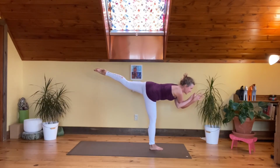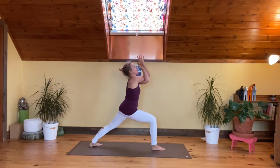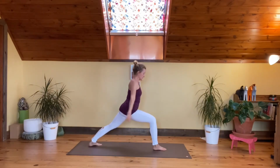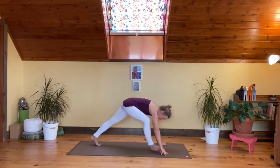And exhale, release, step it all the way back into warrior 1, lifting the arms and releasing the arms, taking them all the way up, palms together, long side body. And exhale, hands to the floor, step it back,